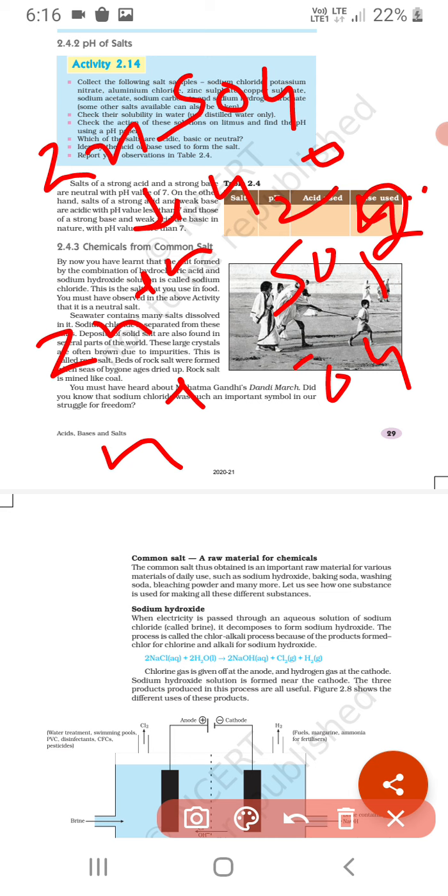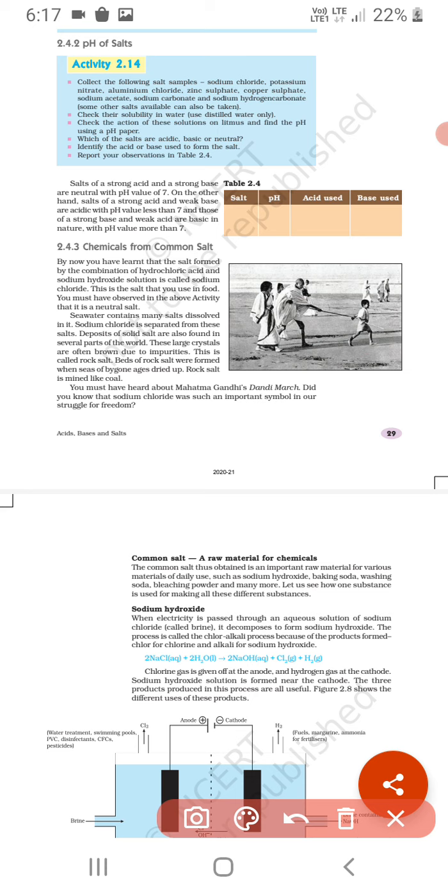Zinc hydroxide is formed, and the combination of H ion and sulfate ion is the acid, that is sulfuric acid. As we all know, sulfuric acid is the king of acids. It is the strongest acid. So a little amount of zinc hydroxide, which is basic in nature, is neutralized, but the overall solution is acidic by nature. So this is the best way to find out whether the given salt is acidic, basic or neutral with the help of chemical equations. Otherwise, we can find out whether the aqueous solution of the given salt is acidic, basic or neutral with the help of pH strips.